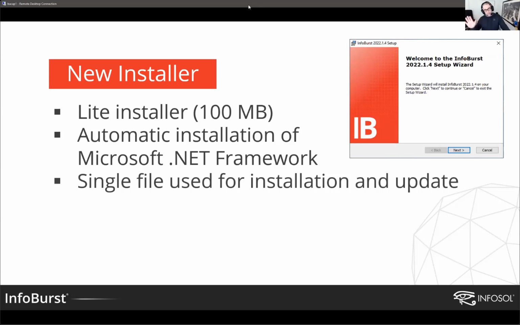And again, in the 32-bit versions, you had 2 files, one for installation, one for update, and this tended to cause a lot of confusion among our users. So now the new installer, starting with 2021.1, one file does it all. You download 2021.1, it'll install the platform new, or if you've got an existing installation, it will update it